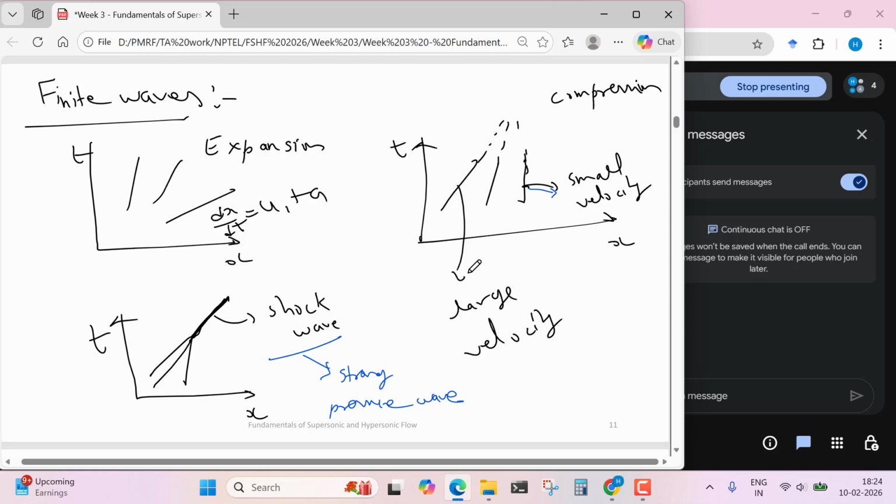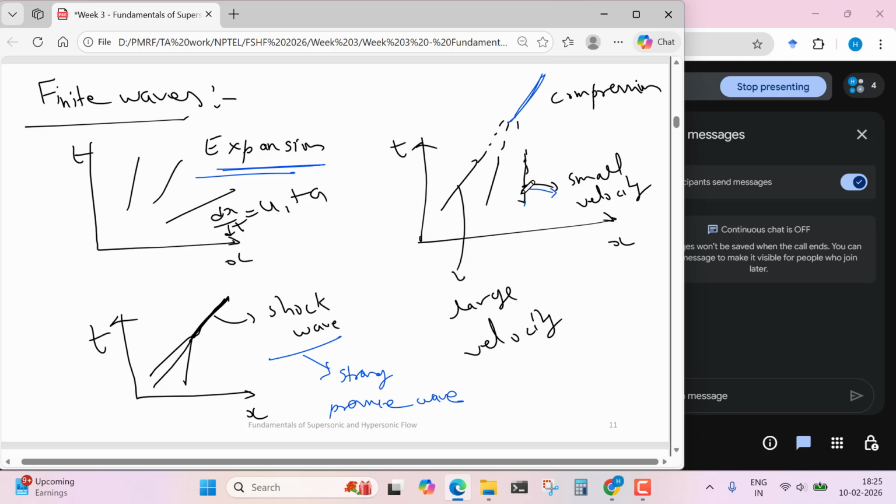So the finite wave can be in different forms. If they are moving away from each other, then these waves are expansion waves. And if they are moving towards each other, then they will coalesce into each other and make a shock wave. How will it happen? Because